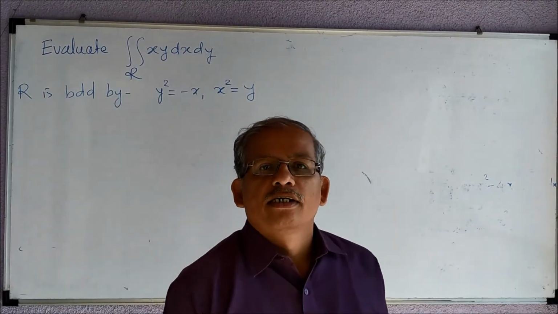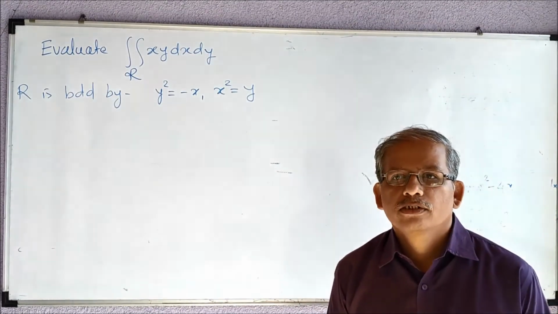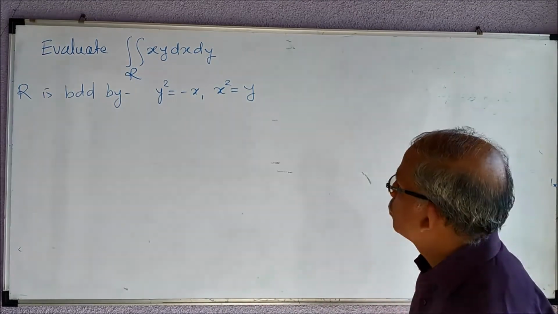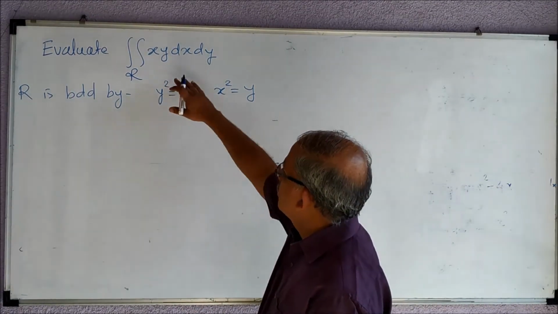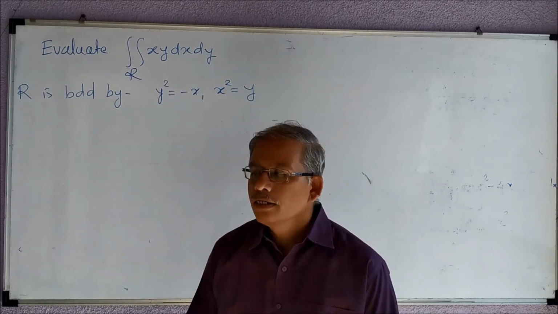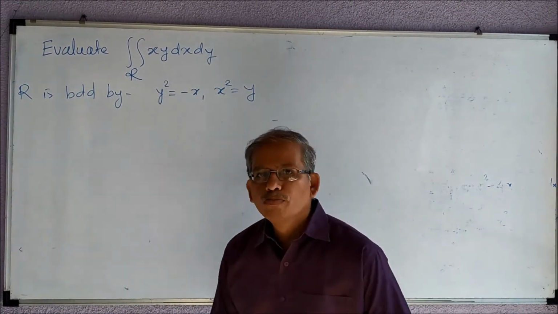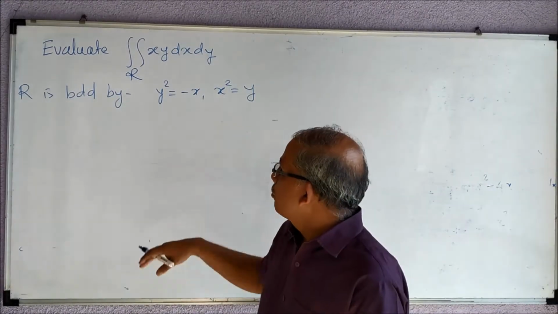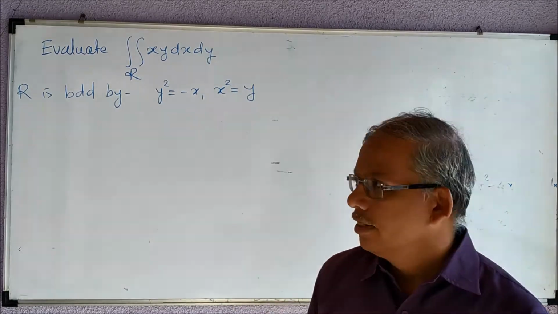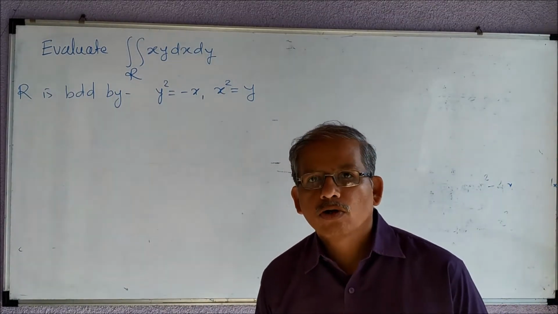Hello friends, let us take one more example of multiple integration where the region is mentioned. So here we have taken this example, double integration over region R of xy dx dy, where R is bounded by two parabolas. One parabola is y square equal to minus x and the other parabola is x square equal to y. So first of all, we will draw a rough picture of